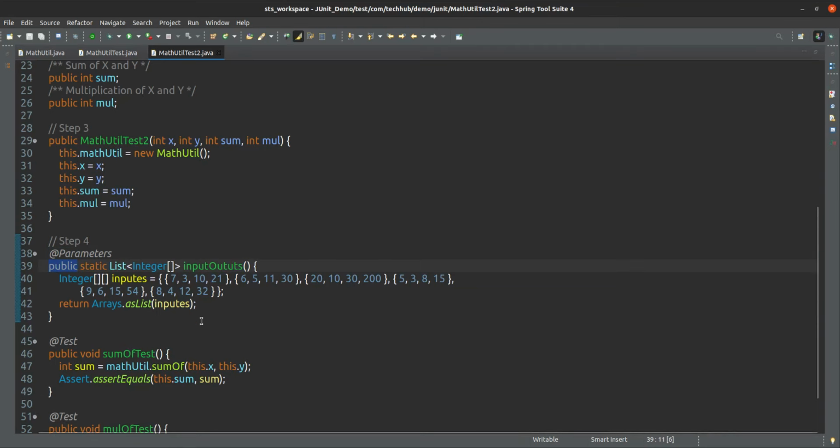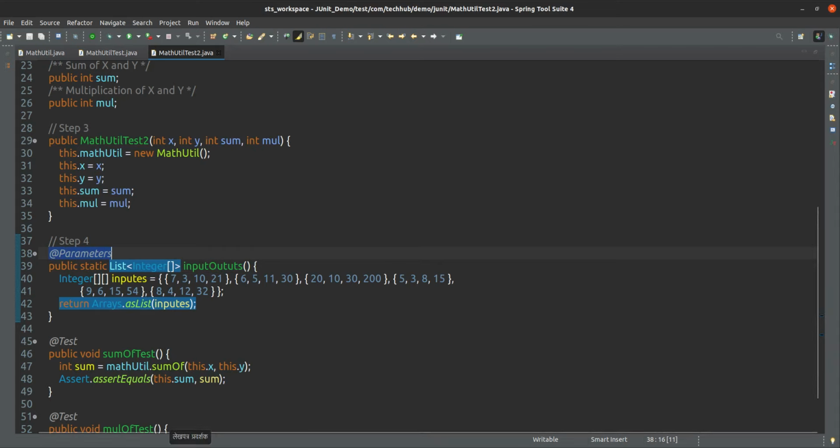We have declared one public static method that is returning a collection of integer arrays, or you can say that is returning a list of integer arrays. That's it. And that we have to mark